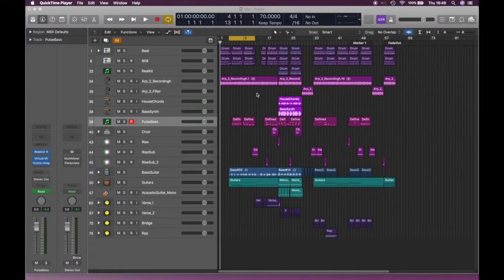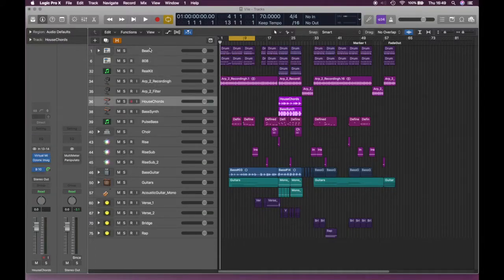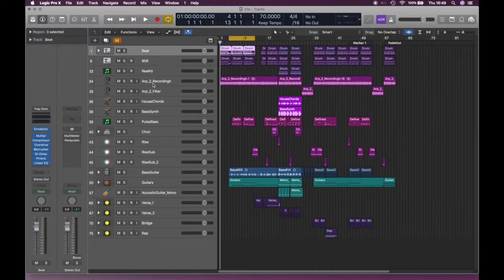Okay, let's get cracking. First thing I want to talk about is how different people like to mix differently, initially for a brief moment. What you see here is essentially the arrangement or composition. This is all the tracks, the beats, the synthesizers, guitars, vocals, all of this stuff, and essentially this is how I make the song, and a lot of